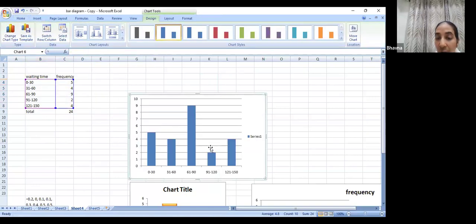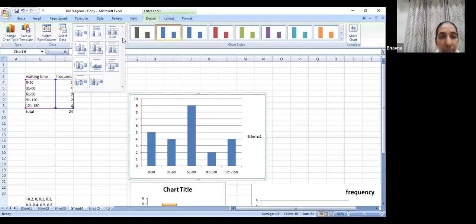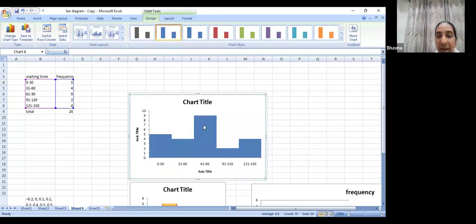See, but this is not what I want. Why do I not want this? I do not want this because this is qualitative. It has spaces between the bars, whereas my data is quantitative. So I do what? I double click here. What do I get? I get this panel. I click on this histogram and there you go. You have a histogram here, okay?